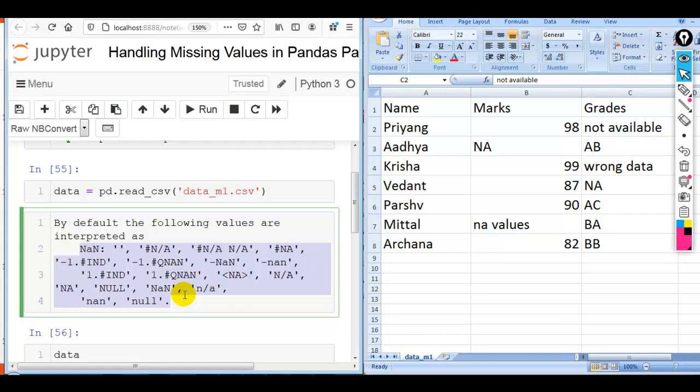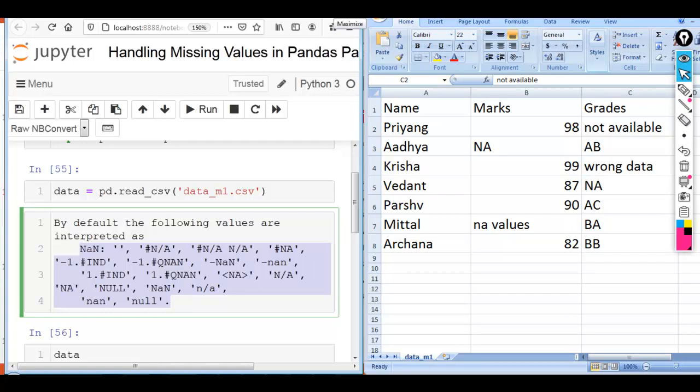We have to tell Pandas explicitly using the na_values parameter: hey Pandas, please consider these values also as NaN. So while handling missing values, we can also handle these values.